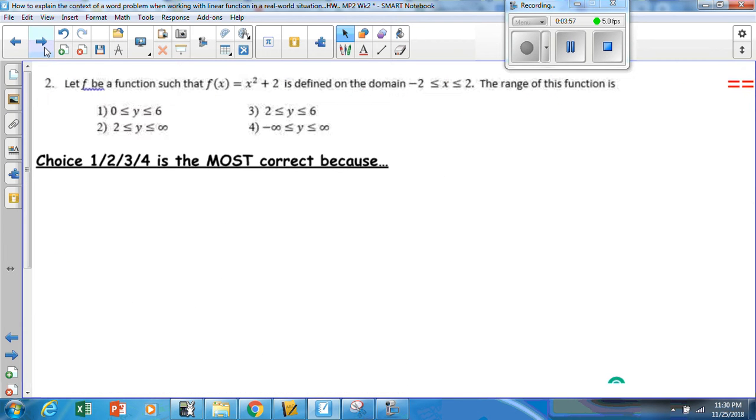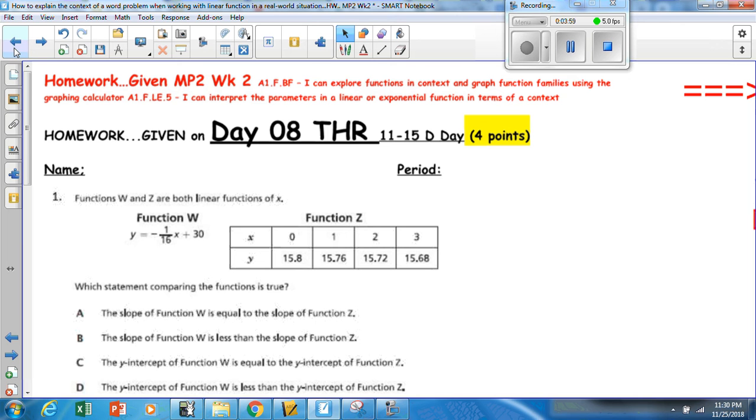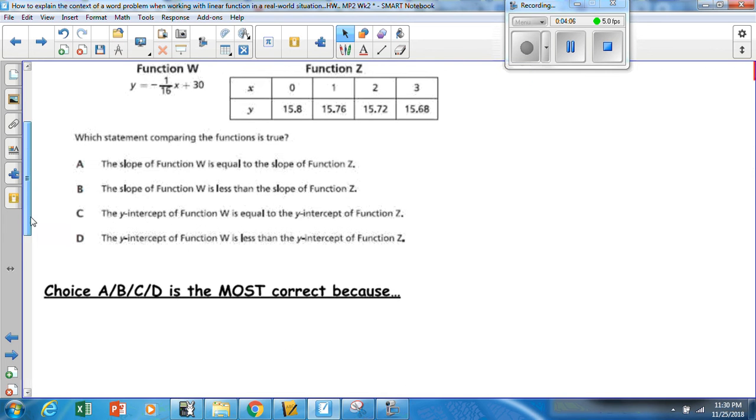Okay. Where do we leave off? Thursday. This is an interesting problem,